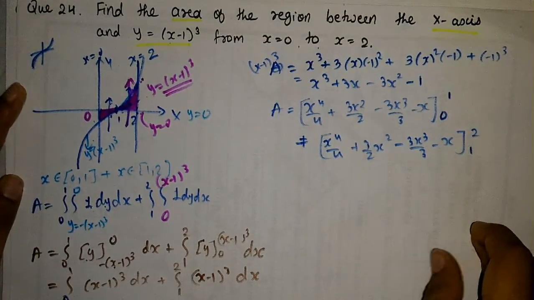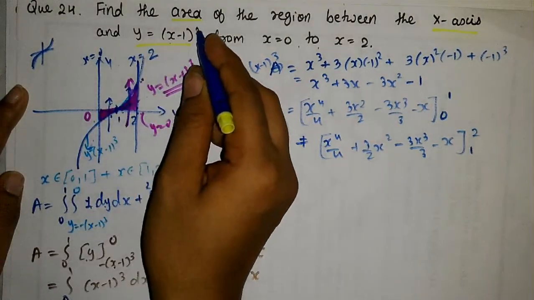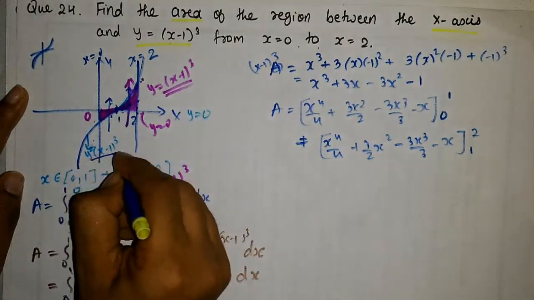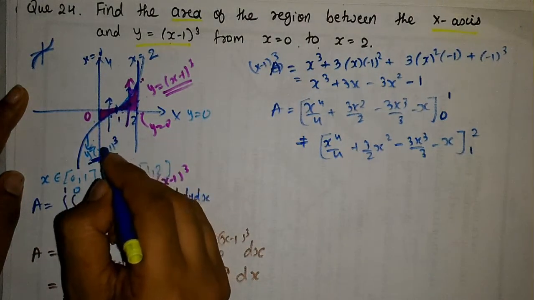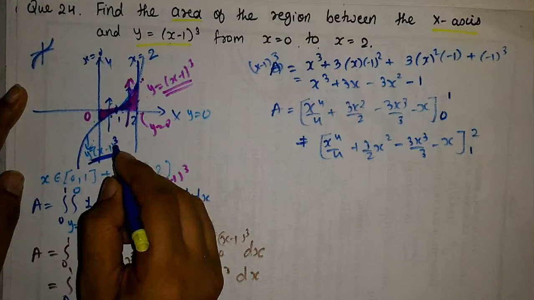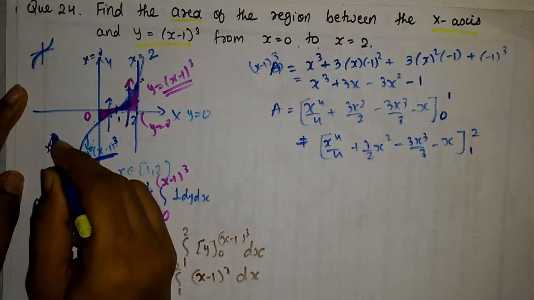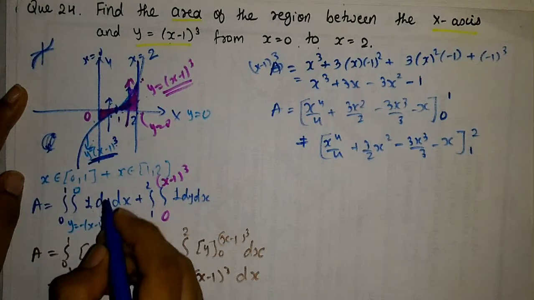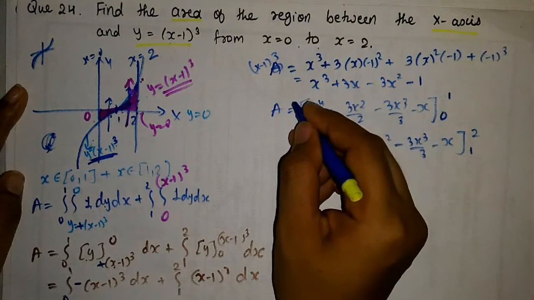So now here it was y is equal to (x minus 1) whole cube. We should not take its negative, it's positive only. Why? Because it's (x minus 1) whole cube. So in a cube it can be negative and positive also. If it would be x square, then we would have taken negative. So here it will be plus, so upper limit minus lower limit, it will be negative. So this will be negative.